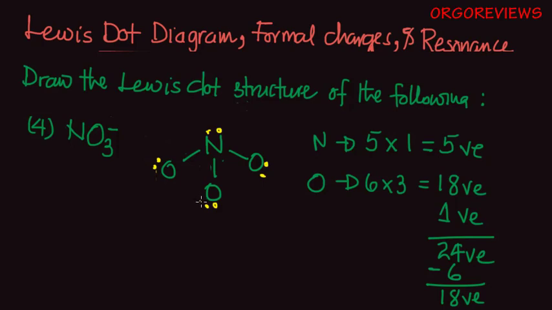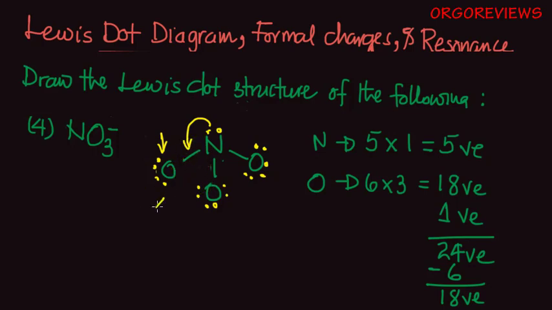We can now do another distribution, making sure that every atom has an octet. So we just spent 4, 4, 4, 2, so 14. We still have 4 left. We can give 2 to this one to complete its octet, and 2 to this one to complete its octet. Now, you look at nitrogen, octet is complete, but this particular oxygen does not have a full octet. So to help it out, nitrogen can share its lone pair of electrons with this, and it will give us